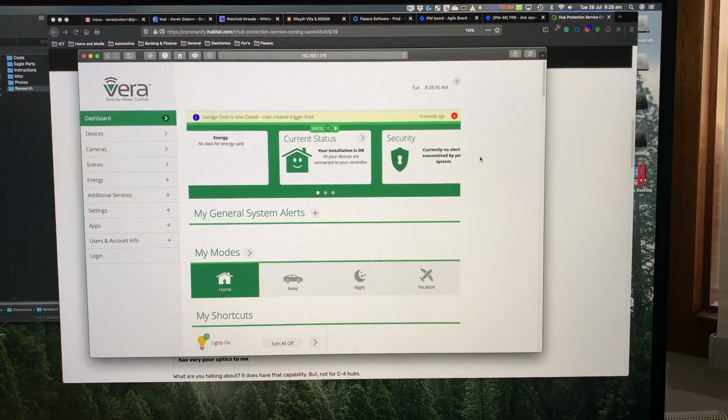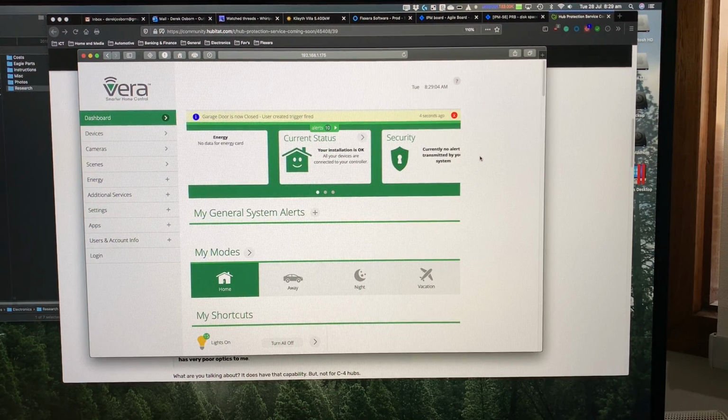This is just a quick video to show the backup process on Vera. This is primarily aimed at Hubitat users who have accused me of being misleading in how the Vera backup process works. Now, I just want to make it clear, the reason I bought a Hubitat C7 is because the Vera